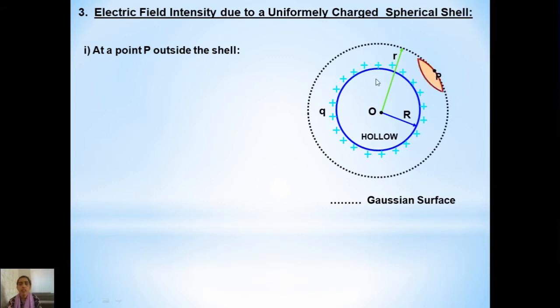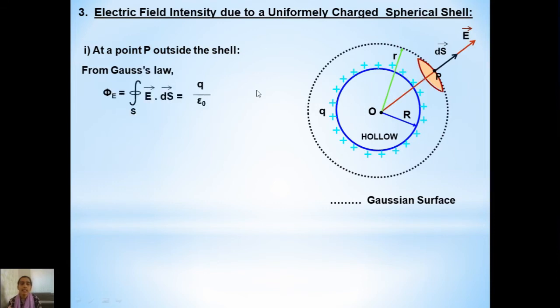Okay. So the second step is to calculate the electric flux, which is present in the left hand side of the Gauss law. From Gauss law, we know that total electric flux is equal to 1 over epsilon naught times the total charge enclosed within the surface, right? Total electric flux here is the surface integral of vector E dot ds. So the second step is to calculate the total electric flux.